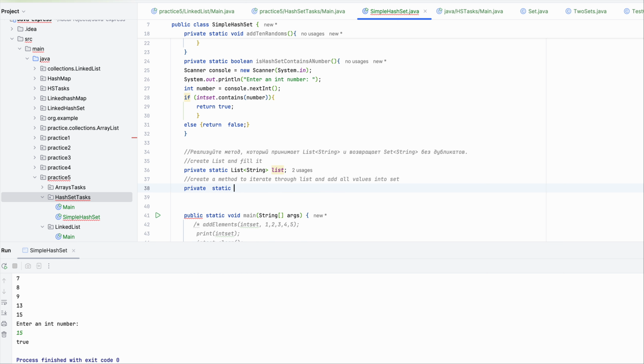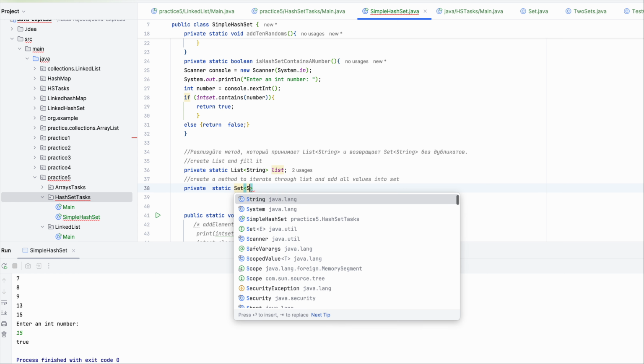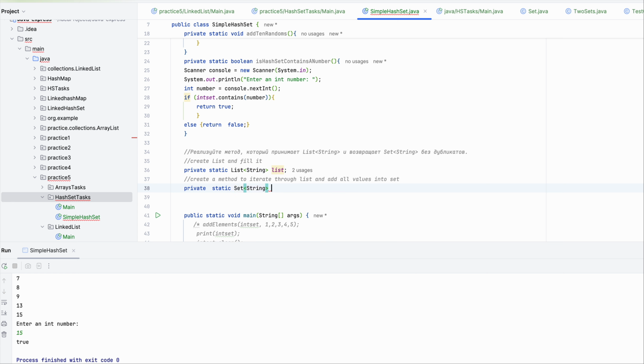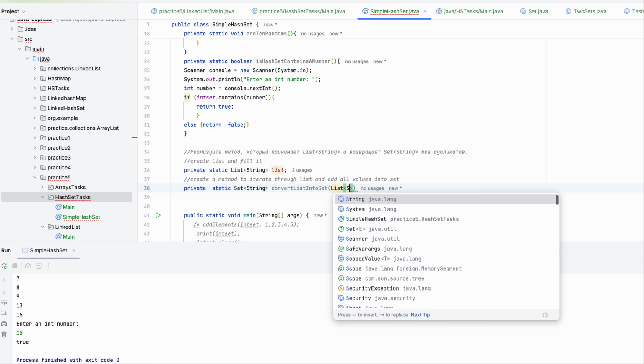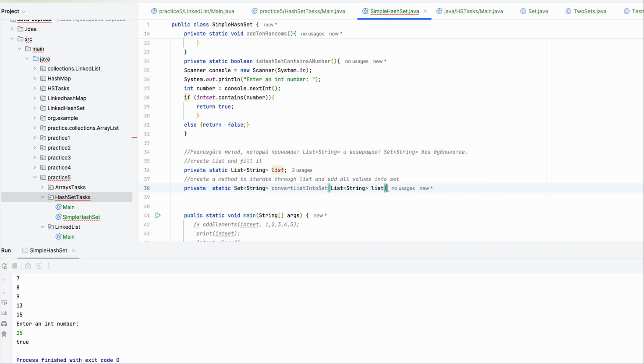Private static, so I need to return set of strings, set strings, convert list into set. We take list as an argument, and so